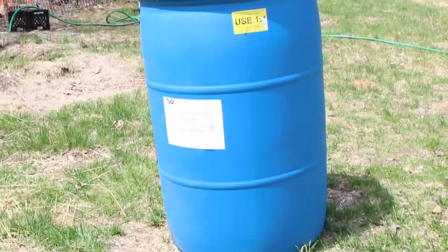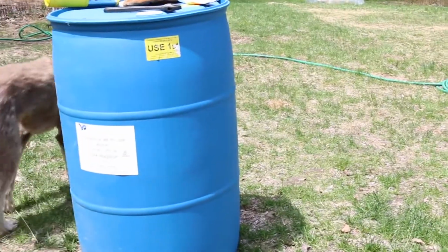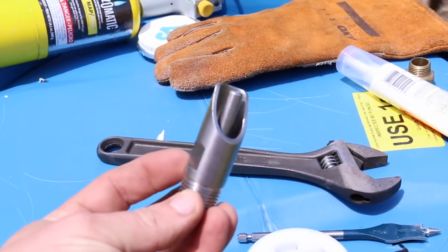Today I'm going to be making a pig waterer. I'm going to be using this 55-gallon drum, food grade one. I want to make sure there was no hazardous or dangerous stuff in it. This one had glycerin. Then you're going to need a nipple waterer,